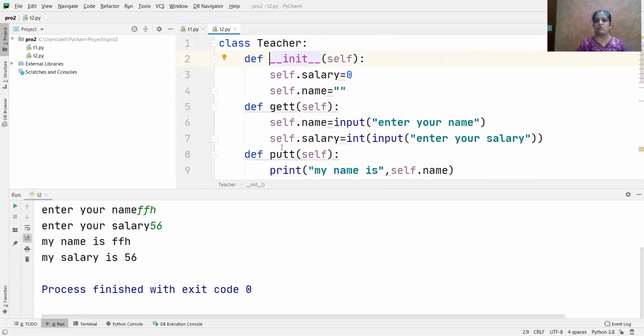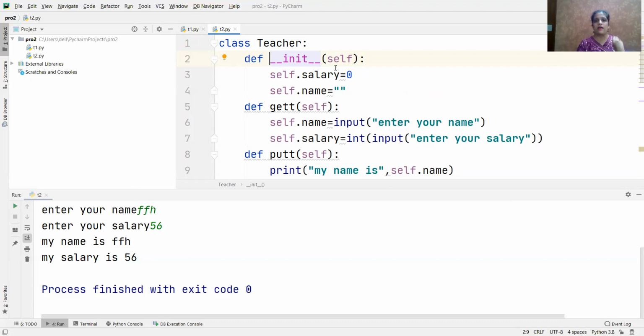Self is taking the reference of your object, whatever object you have declared, because जो function अब हम use करेंगे, how could the compiler know whether this function is to be called by the first object or the second object? So self will help, because self is taking the reference of that particular object. Fine. So it's taking the instance. Object works as your instance.